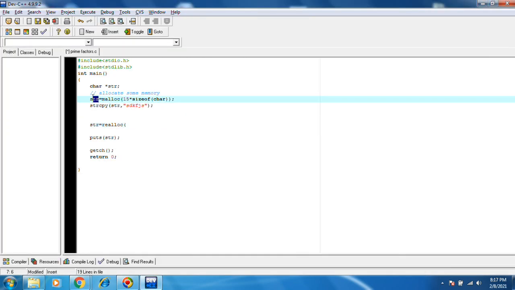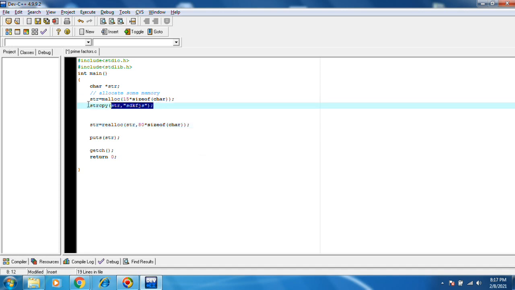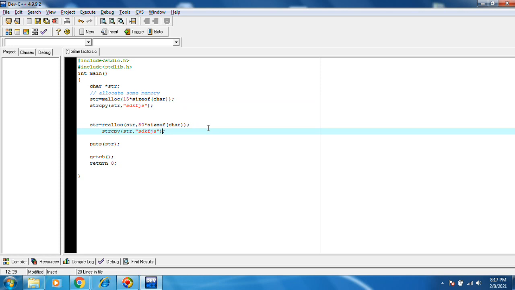This one, str, comma, how much size? Suppose 80, whatever it may be, into sizeof char. Same thing you can copy paste, and then you can reallocate so much memory.